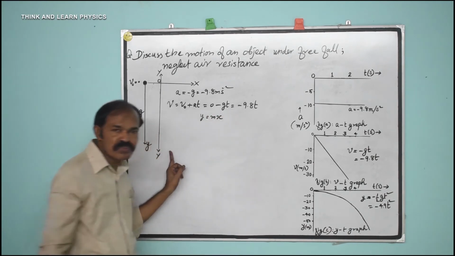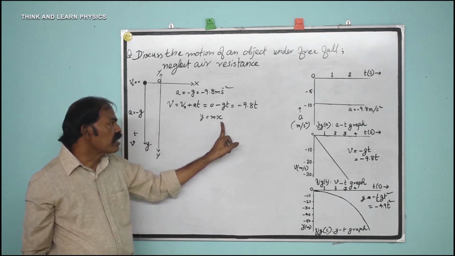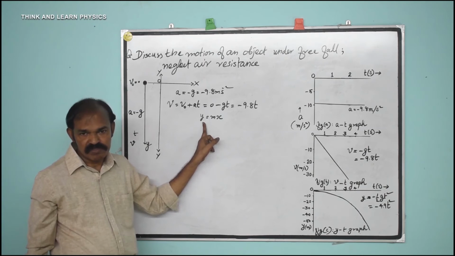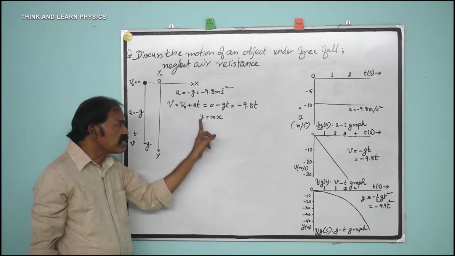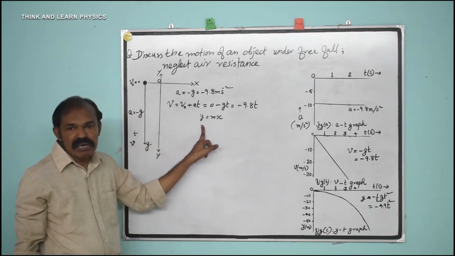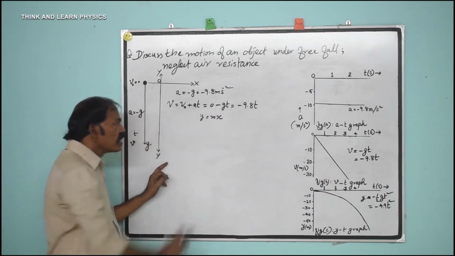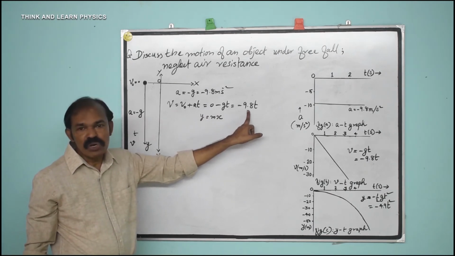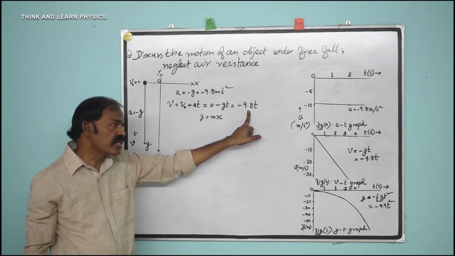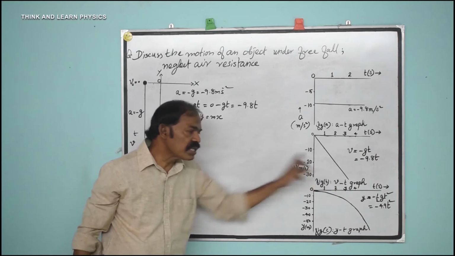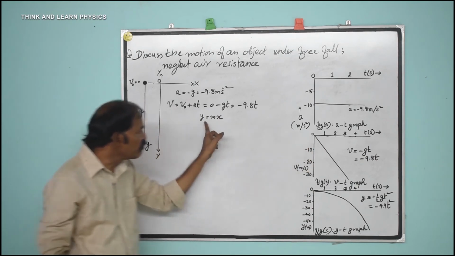So compare these two. Instead of t, here it is x, and instead of v, it is y. That means when time is taken along the x axis and v is taken along the y axis, we get the velocity time graph passing through the origin. Comparing these two, we see that m equals minus 9.8. That means the velocity time graph in the case of a freely falling body will be a straight line having a negative slope. This is the straight line graph. This is of the form y is equal to mx.